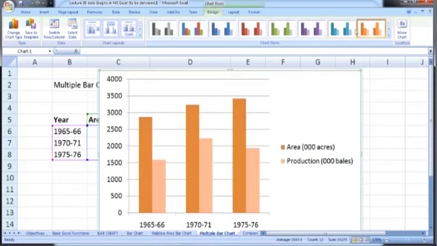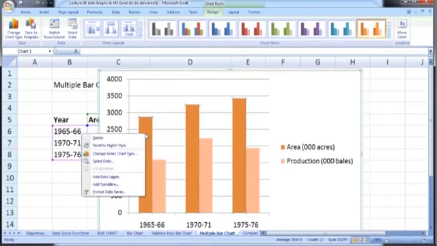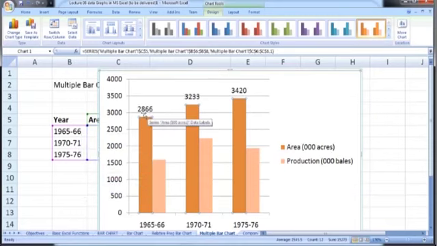You can change the color of bars. There is one additional point which I want to add here. Just right click on the first bar, and here we have the option Add Data Labels. Just select this option. You can see that labels have been added here. This indicates the exact number, the height of the bar, shown on the top. This increases the readability. This is an additional feature, so in future you should add this option as well.